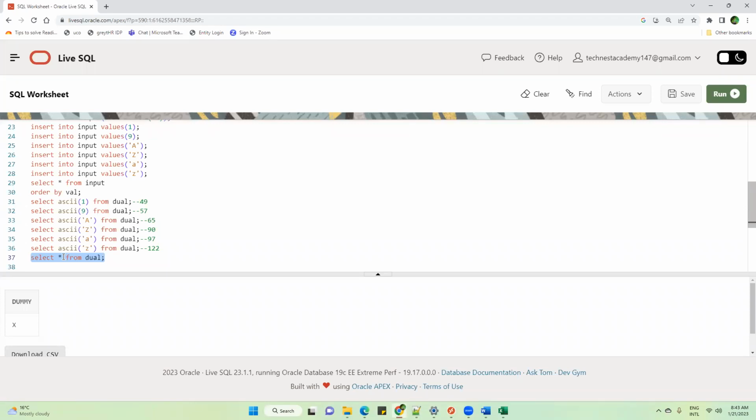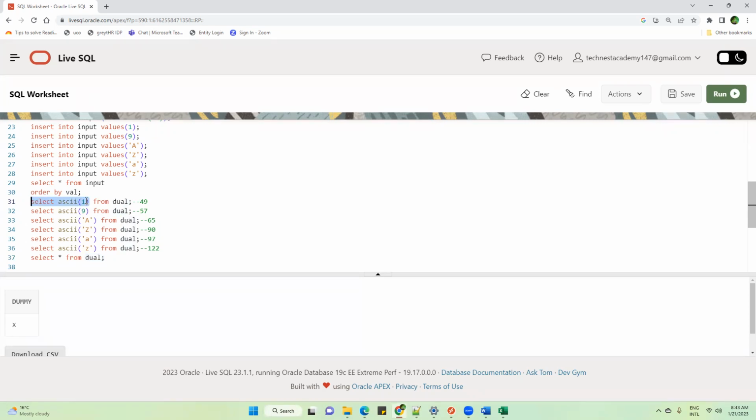Any question, guys? Tanvir, do we have something like this in SQL Server as well? No, in SQL Server you don't. That is what I have mentioned. Dual is present only in Oracle. If your question is how to check this in SQL Server, you just write select ASCII 1 and execute it.